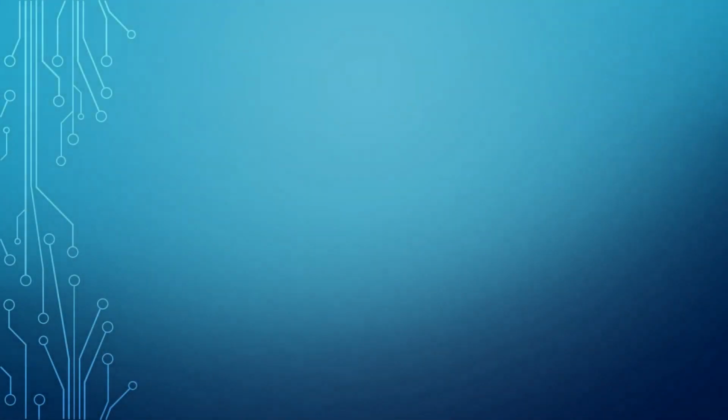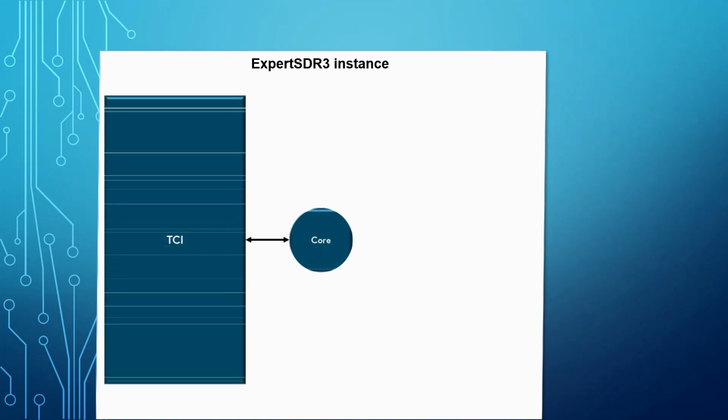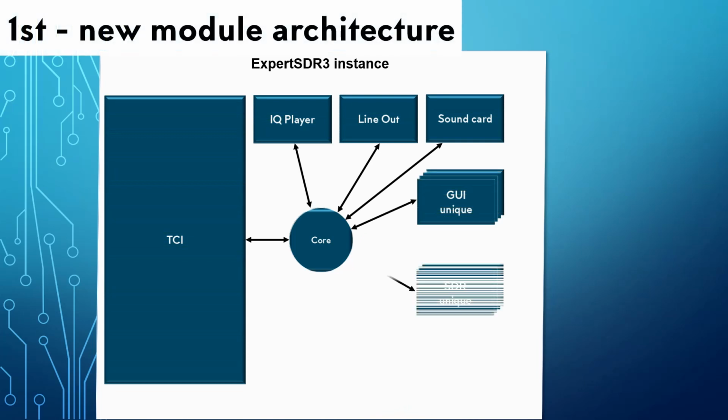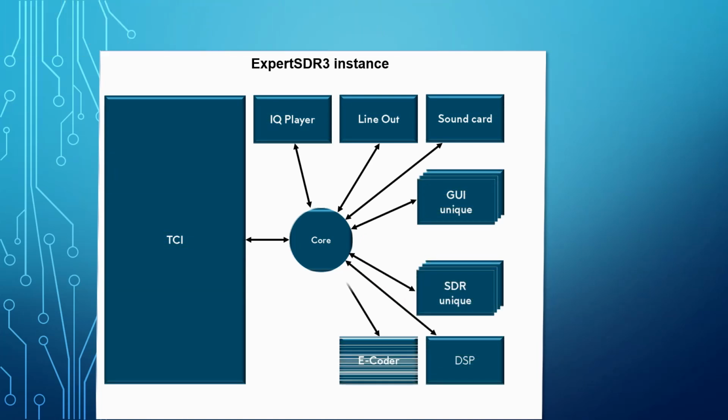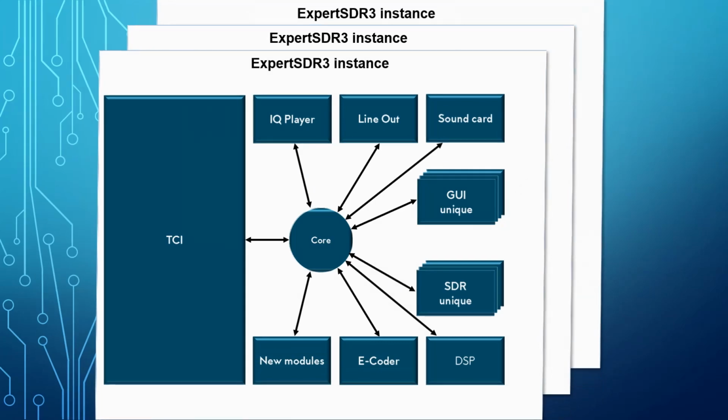We began the development of the new generation of SDR software, Expert SDR 3. We used all the experience we've gathered during the development of the second version and mixed it with the new technologies. It allowed us to significantly fasten the development process. First, the biggest advantage of Expert SDR 3 is that it's based on the model architecture used among the best software developers like Google and Yandex.